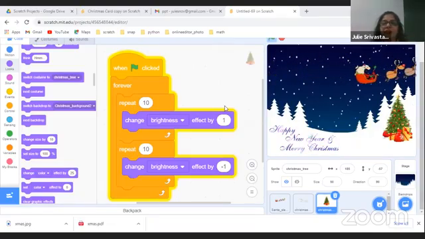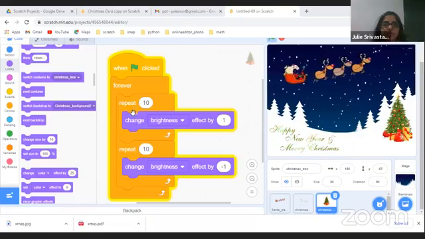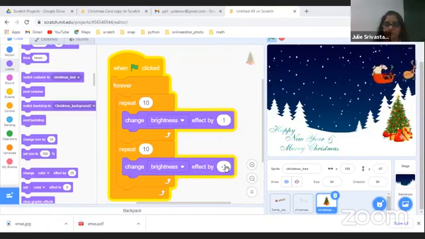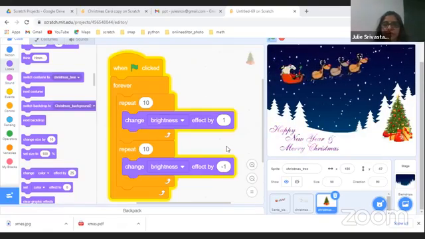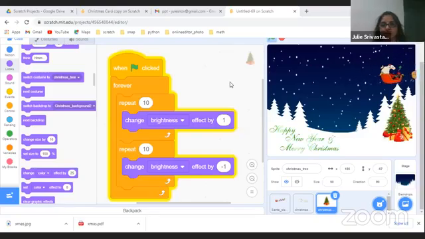But that would flicker it faster. This is going to repeat 10 times. So the brightness is gradually going to go from 1 to 2 to 3 to 10. And then it's gradually going to reduce from 10 to -1. So the effect, if you're going to do it together, is going to be a little different. And if you don't use a wait block between this, it's not going to show.